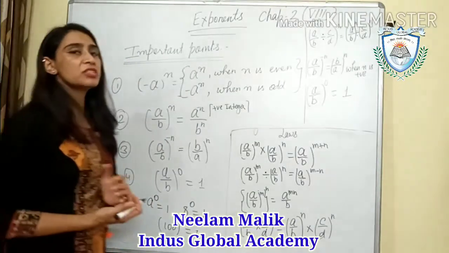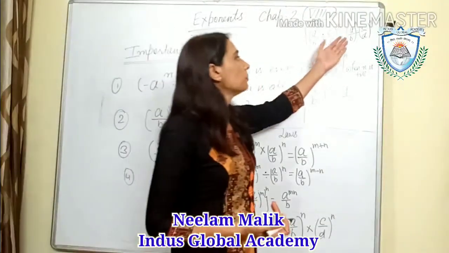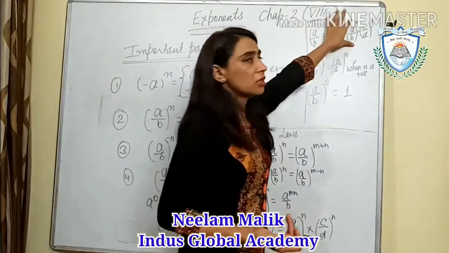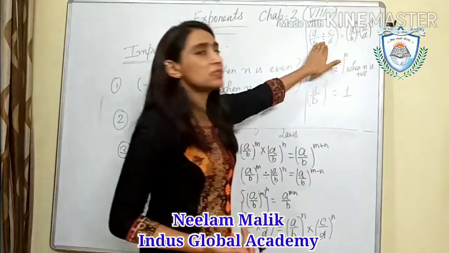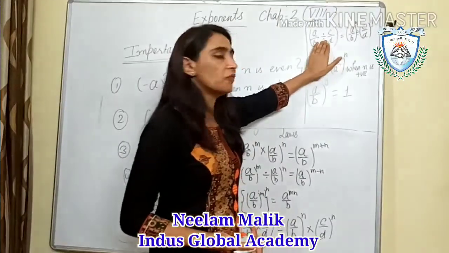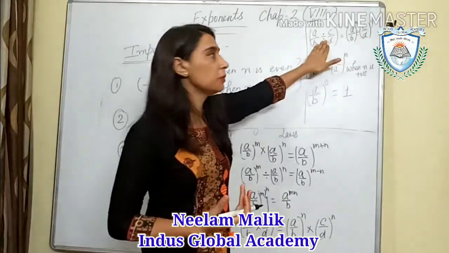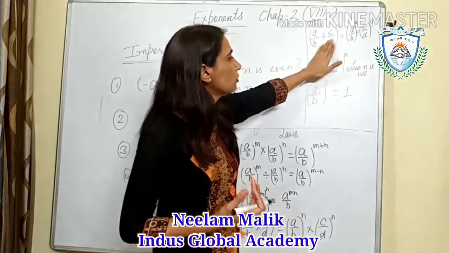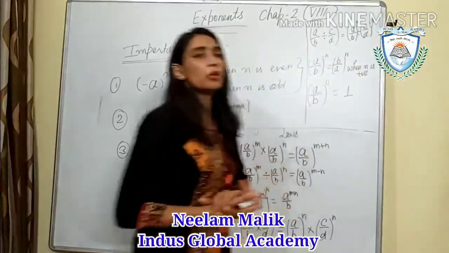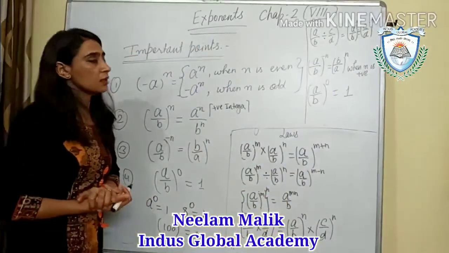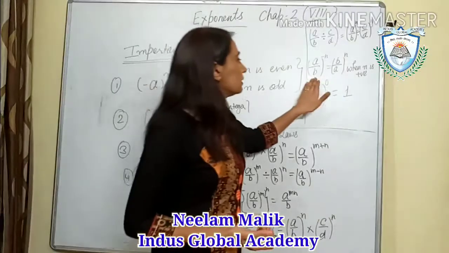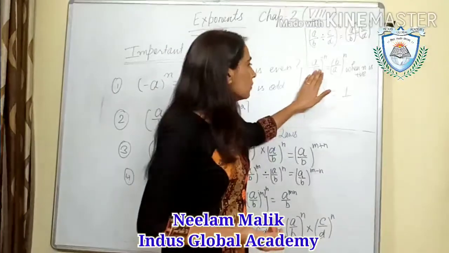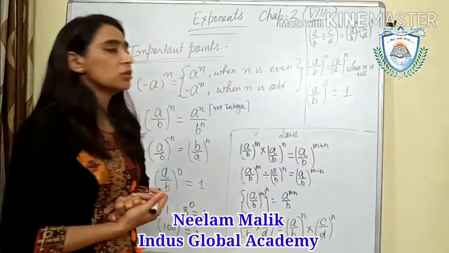we just distribute the power, a upon b, the whole power n, and whatever sign is given we put that sign. If multiplication is given we write multiplication, if division is given we write division. So here division is given, division c upon d, the whole power n. Okay. Next identity or next law is a upon b, the whole power